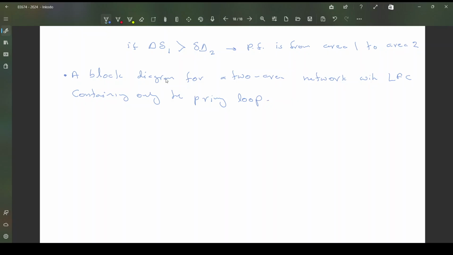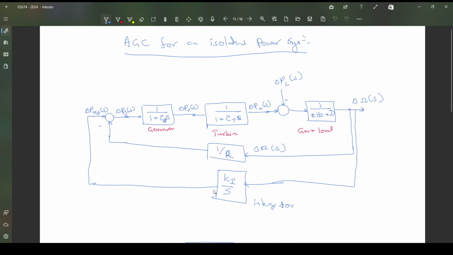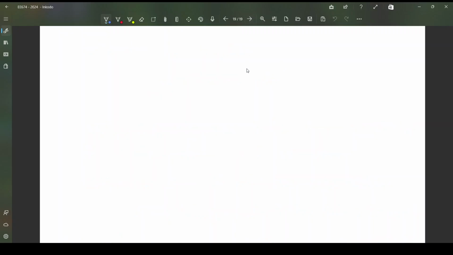That is, we basically neglect the integral loop that we had over here. So for the time being, without that integral loop, we can draw the block diagram of the two area automatic